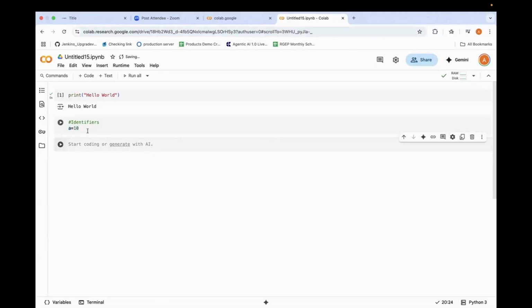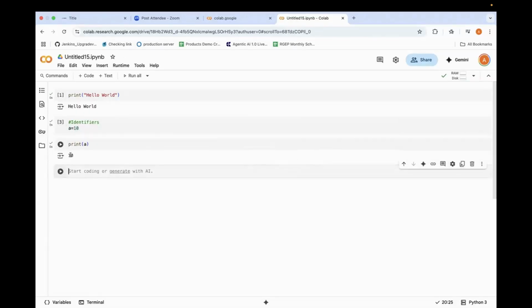Let's execute this. If I tell print a, I'll get the value 10. Now if I say Abhay equals data science, whenever you type Abhay, it will print data science. That is what we call identifiers or variable names.